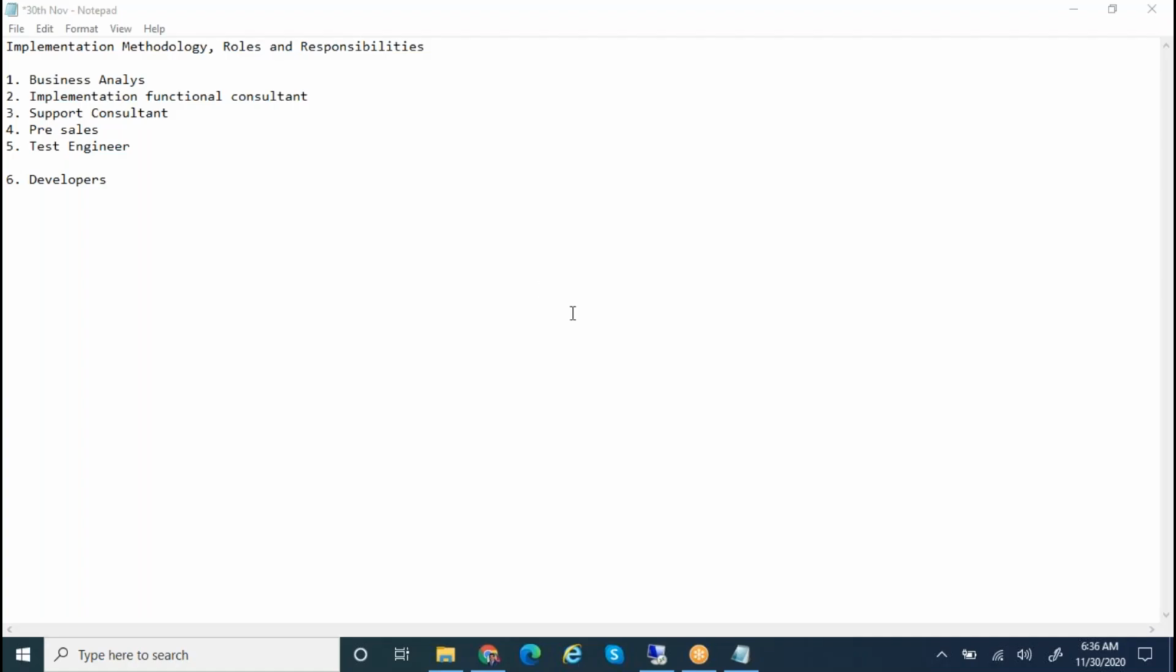Okay, so the major roles will be these two: implementation functional consultant and support consultant. These are the two roles majorly. Being a Dynamics functional consultant, the major roles are these two: one is implementation consultant, another one is support consultant. If it is an implementation consultant,